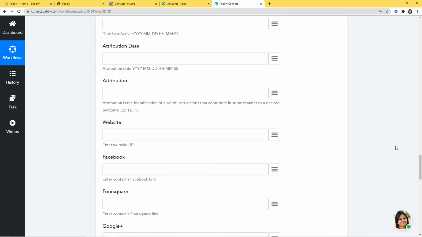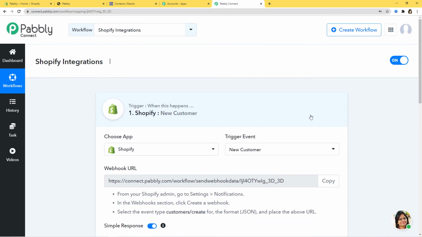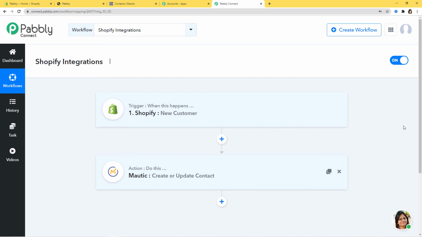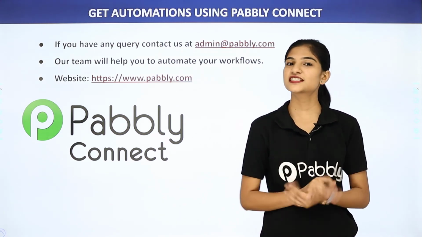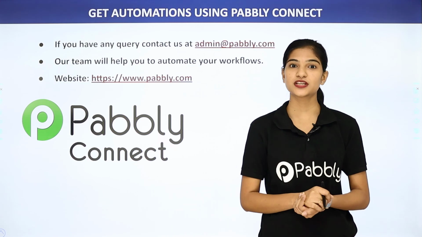Now I'm going to explain what has happened in our example. I'm just going to minimize these. Okay, so in our example, what has happened is first the information came from Shopify to Pabbly Connect. Then from Pabbly Connect, the information went to Mautic. So now every time a new customer is created in Shopify, automatically a new contact will be created or updated in Mautic. So we have successfully finished the integration of Shopify and Mautic using Pabbly Connect. Not just these two software applications, but you can integrate any software application using Pabbly Connect.